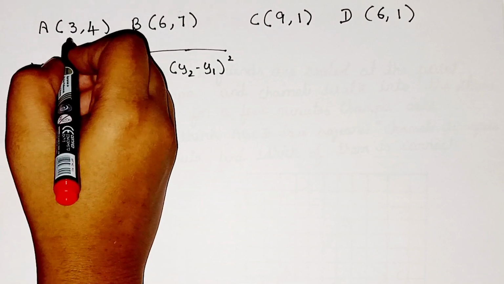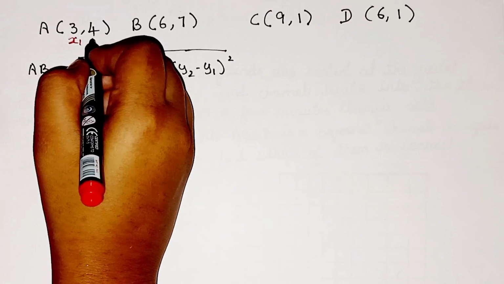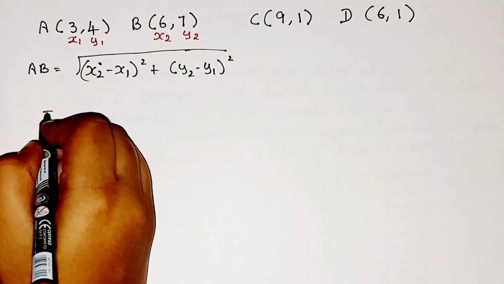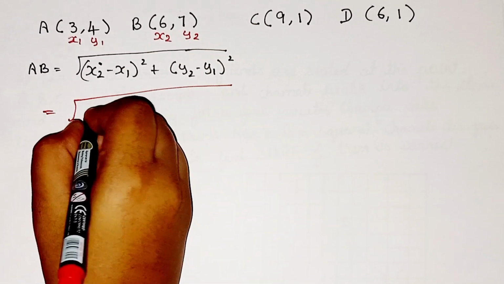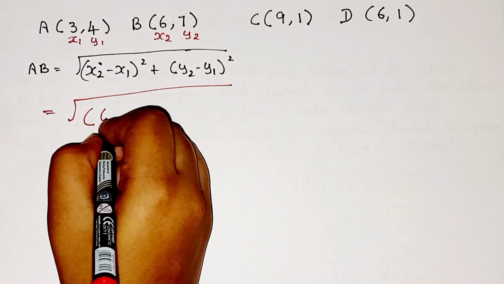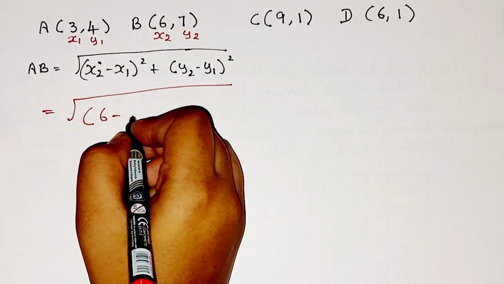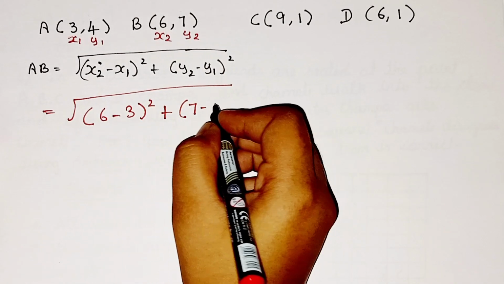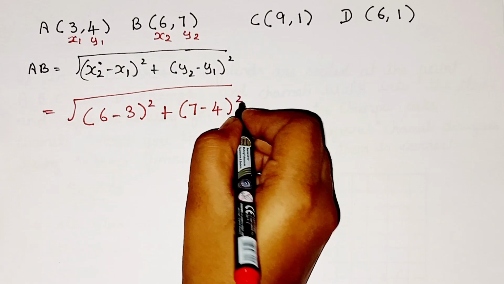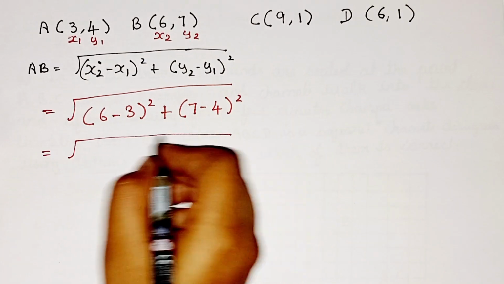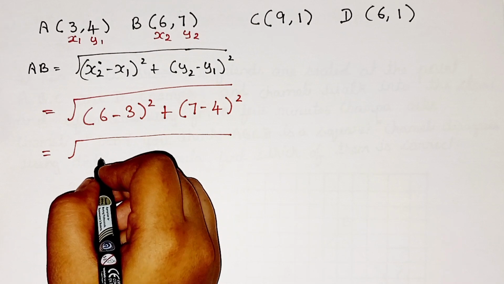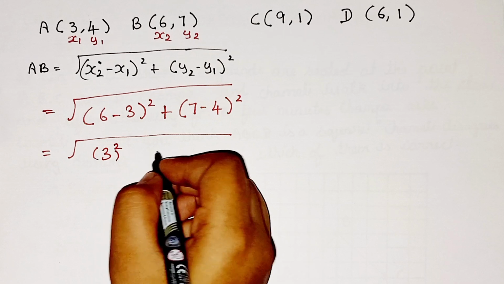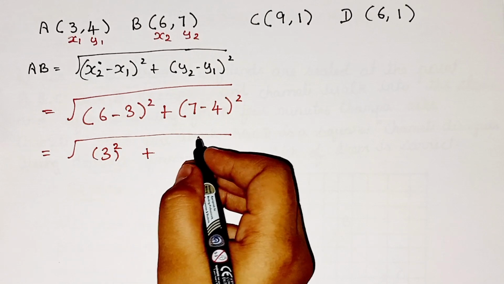So here this one is x1, this one is y1, this one is x2 and this one is y2. Perfect. So now AB is equal to, what is the x2 value? That is 6 minus x1 value 3, the whole square, plus y2 value 7 minus y1 value 4, the whole square, is equal to 6 minus 3, that is 3 the whole square, plus 7 minus 4,